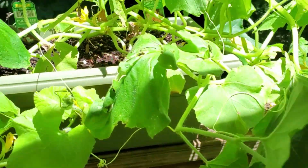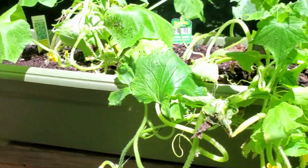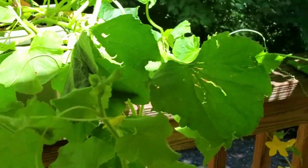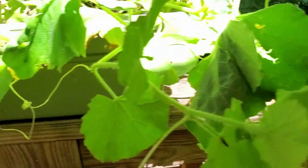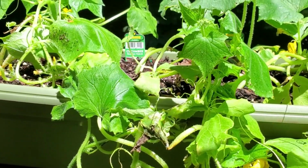He wants a vegetable garden, and we live in a townhome, so there's not a lot of space. But we have space to put it in the yard. I think he's just afraid it won't grow. But this is doing so well. All of these are. I don't know if he can actually get the vegetables in this pot, but I guess